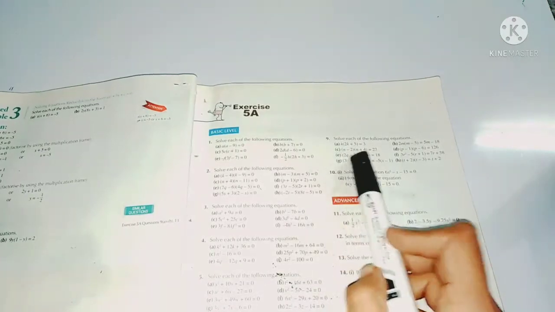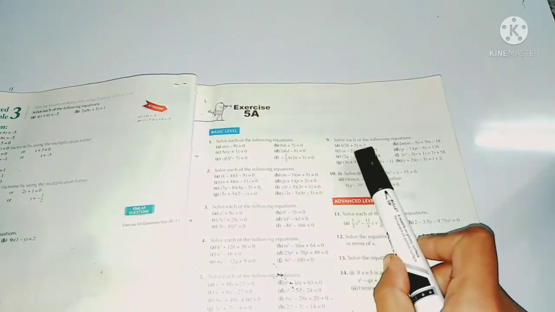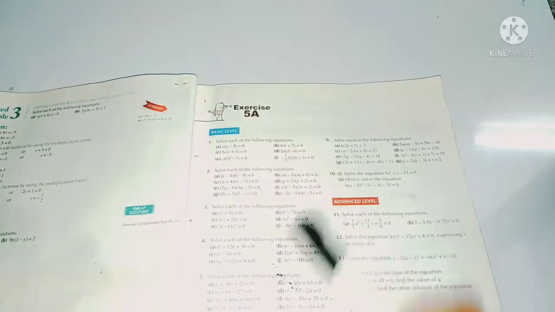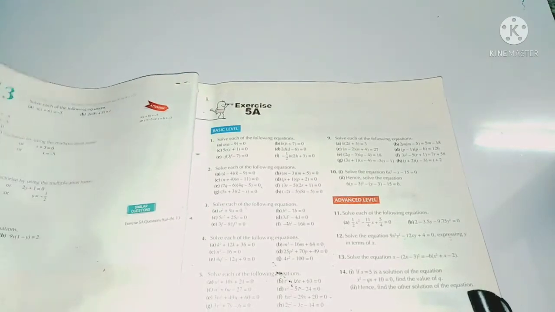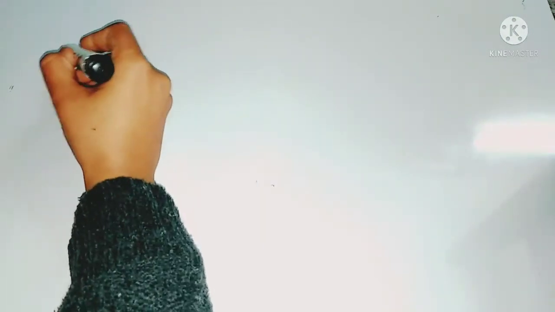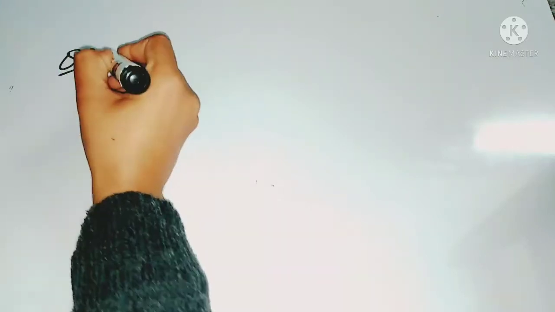So in part A, you can see that it's k(2k + 5) = 3. So in this part, you will solve the equation for k. It means that you will make k the subject. So let's start it. Question number 9, A part is